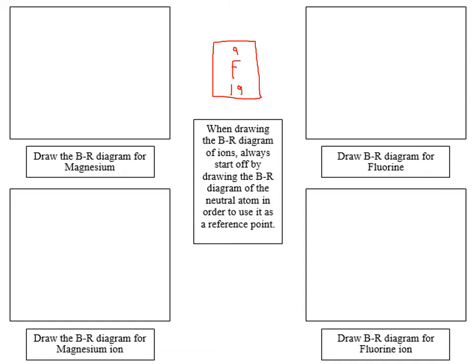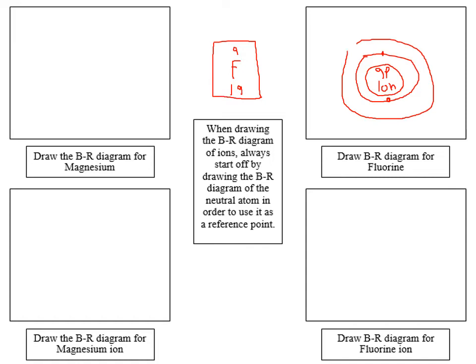So we'll start off by drawing the normal fluorine, just the one that didn't gain or lose anything. We know it has 9 protons and 10 neutrons. And it's also going to have 9 electrons. So 2 on the first shell, and 7 on the last shell. So we know that fluorine is a